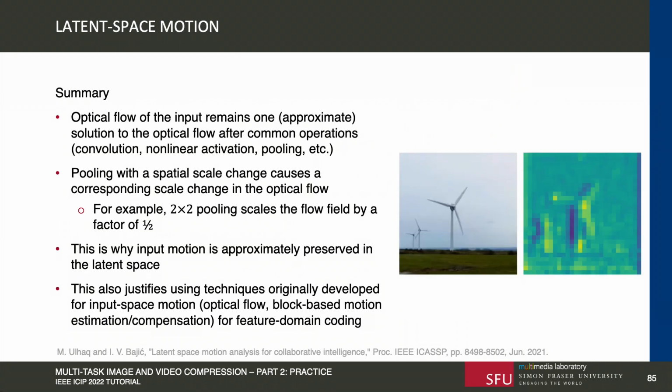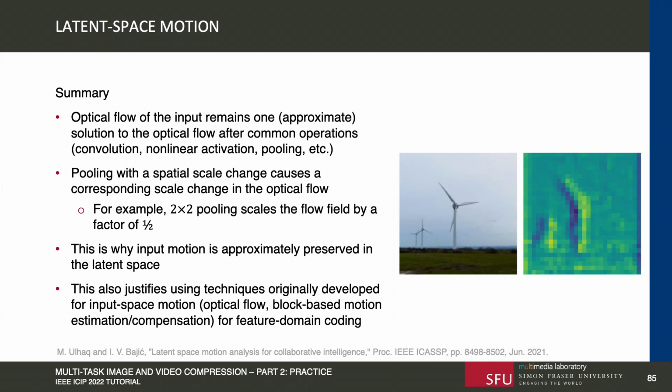Using a similar type of analysis, it can also be shown that the optical flow tends to be approximately preserved through other operations that are commonly found in convolutional networks, such as pooling or normalization. It should be noted that pooling with a certain spatial scale change will cause a corresponding scale change in the optical flow. For example, pooling with a 2x2 window will cause the flow field to be scaled by a factor of 1/2. But overall, this approximate preservation of optical flow is what makes motion in the latent space so similar